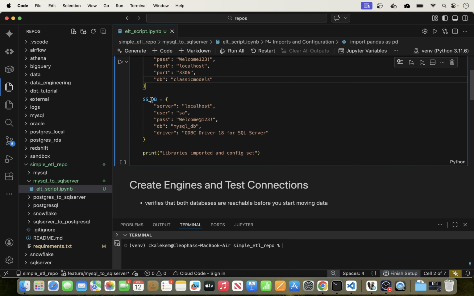And then for SQL Server also, I have gone ahead and configured the server, the user, password, database, driver. And for the driver, you may want to install it onto your local machine if you don't have it installed. So just go ahead and download it from Microsoft's website, or just Google it and you will be able to